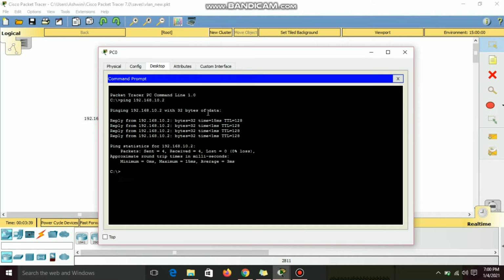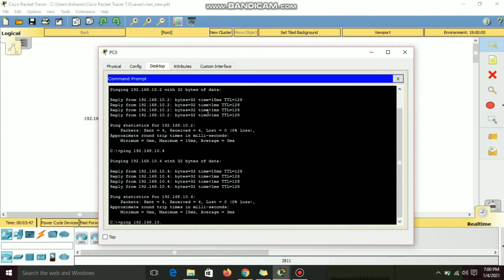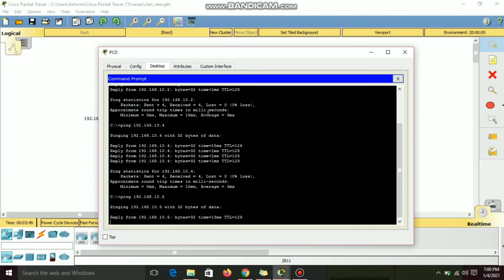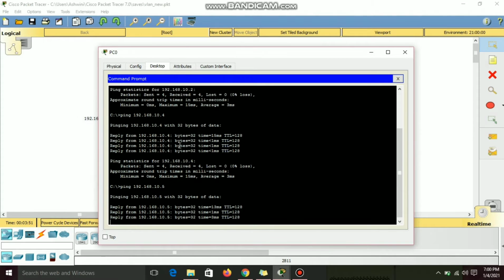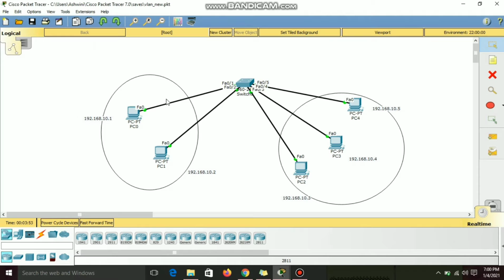It's successful. Okay, let's ping 10.4. It's working. And then 10.5. Okay, that means all of these hosts can communicate with each other because all of these devices are under the same VLAN.